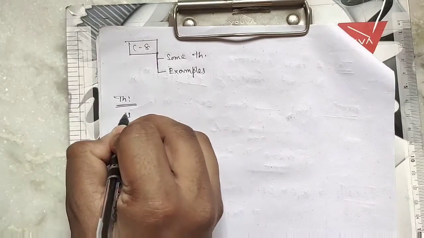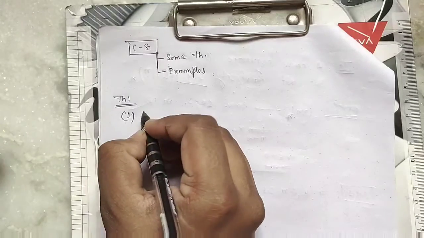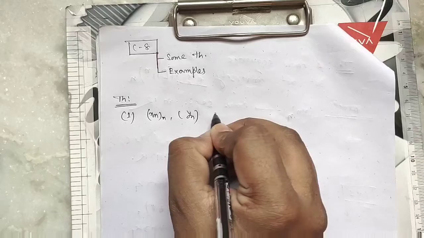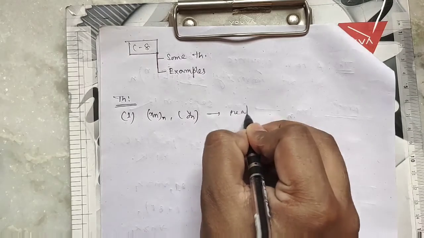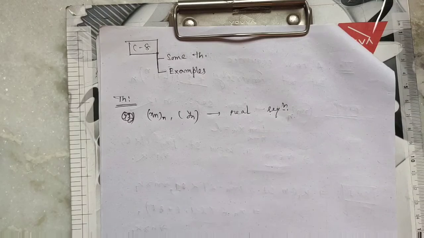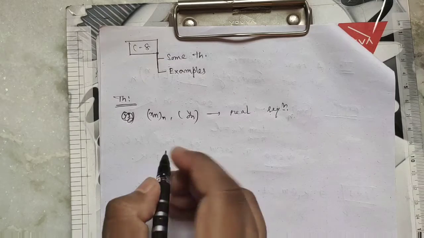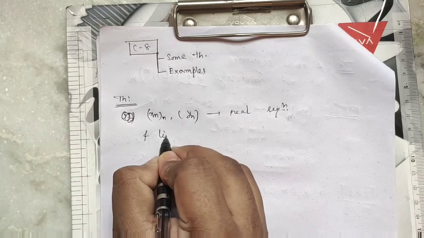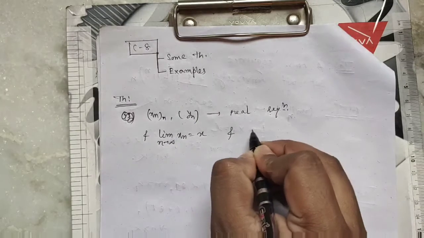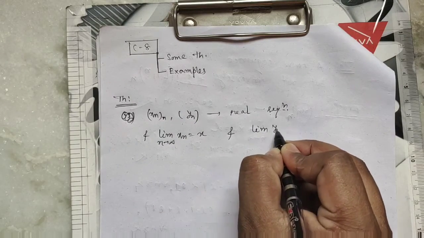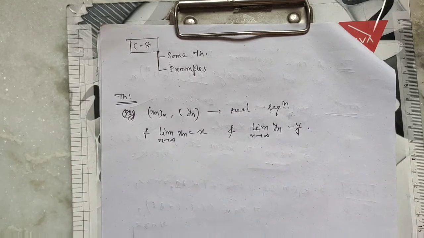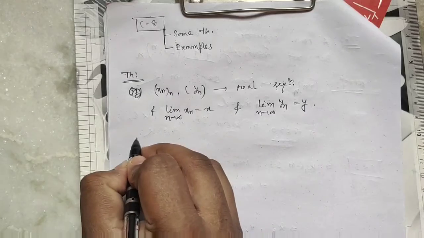Theorem 1. If xn and yn are two real sequences, and the sequence xn converges to x and the sequence yn converges to y, clear? Then